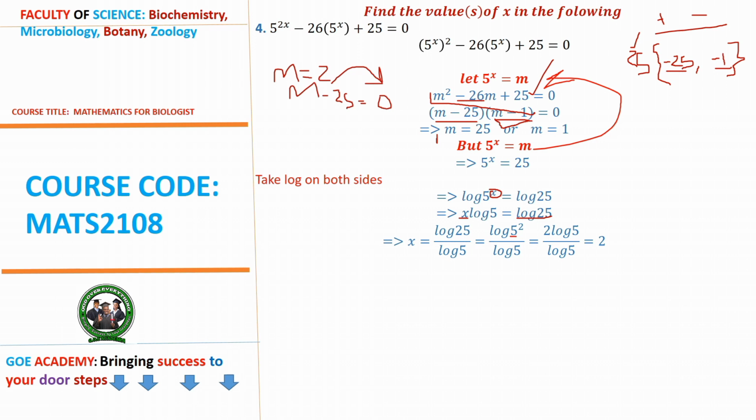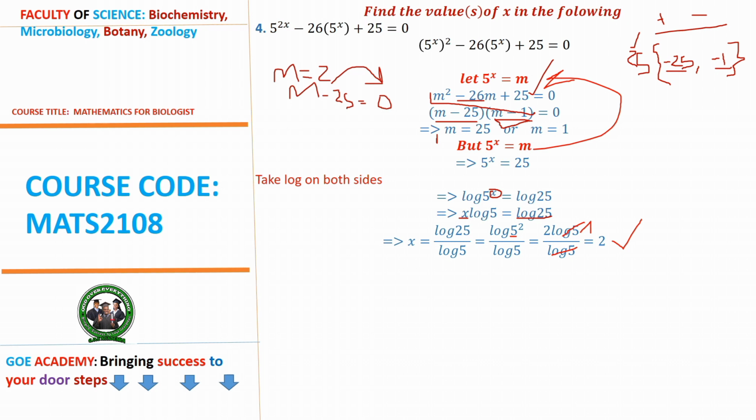So this is the same as 2 log 5, we bring down the power in front of the log, divided by our log 5. Now you should be able to see that log 5 is going to cancel out with log 5, and we end up with 2. So log 5 divided by log 5 is 1. So 2 times 1 is 2. So that is our answer